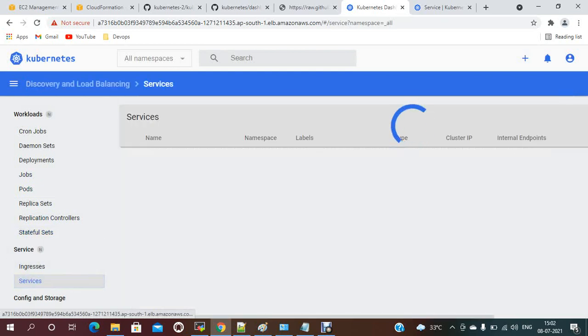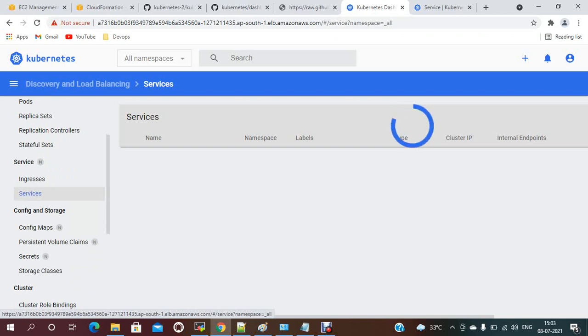Services. Basically, it should work, but I am not sure why it is not coming. But this is the UI. You can see it, and if you don't know the commands and what the services, replicas, and stateful sets information are, at that time you will go and use the dashboard